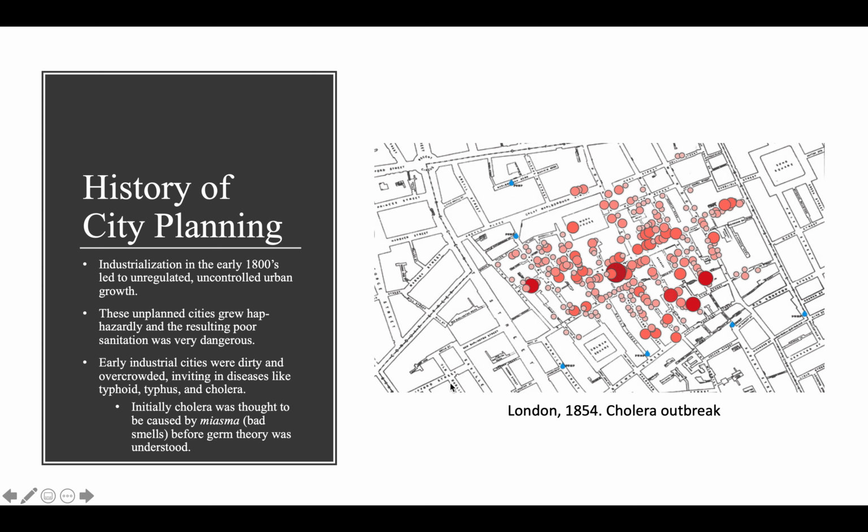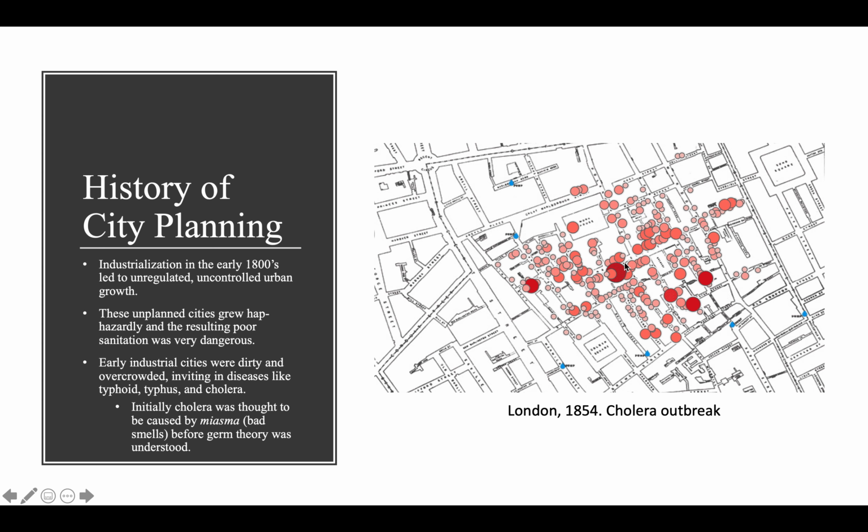So here's a photo from 1854 that highlights an area in London around Soho where there was a cholera outbreak and they had a lot of people die. So what was happening was people were not properly disposing of their sewage and other wastes. Actually, they were mostly dumping it into the river or other places they thought was fine. There was no sewage system central to residents, and human waste ended up getting into the central well, which I believe was located, you can kind of tell, was around here.